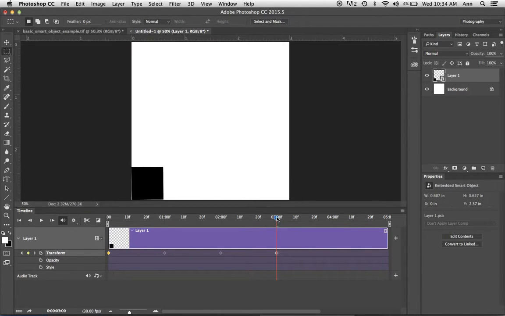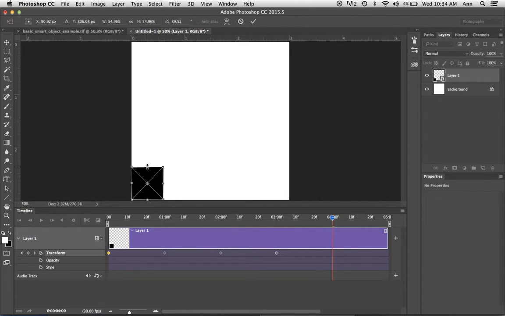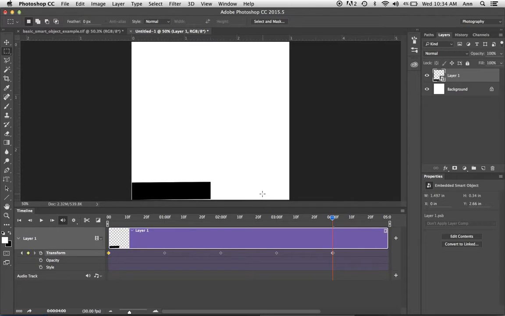Another keyframe is placed. And go to 4, and I'm going to squish this. A very typical animation that people do is they do the same thing with a ball, and they'll squish it to make the ball bounce. I'm making this shorter and wider. Hit return, and that enters it. Now, you can see that I didn't totally transform it. When I rotated, it wasn't completely flat, which is why there's a little awkwardness there. But this is just an example, so I don't have to be perfect.